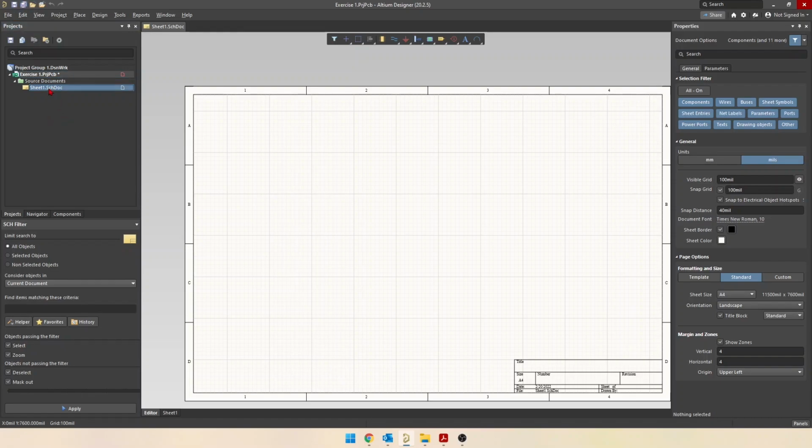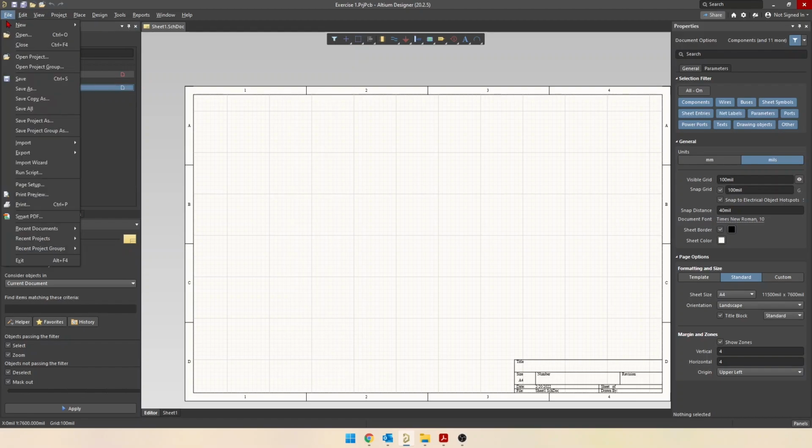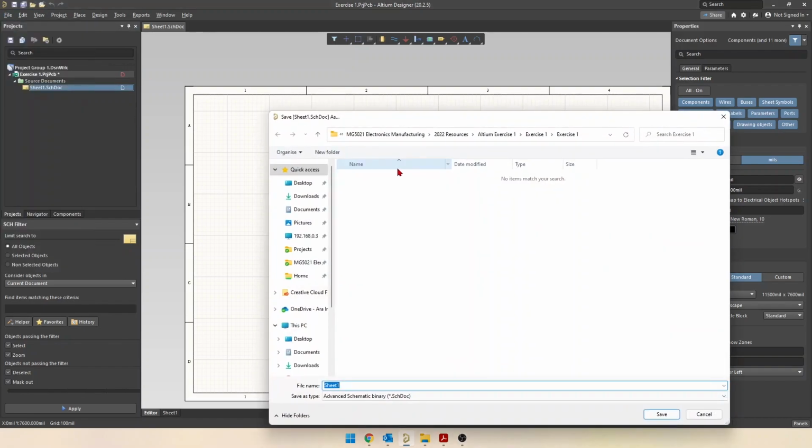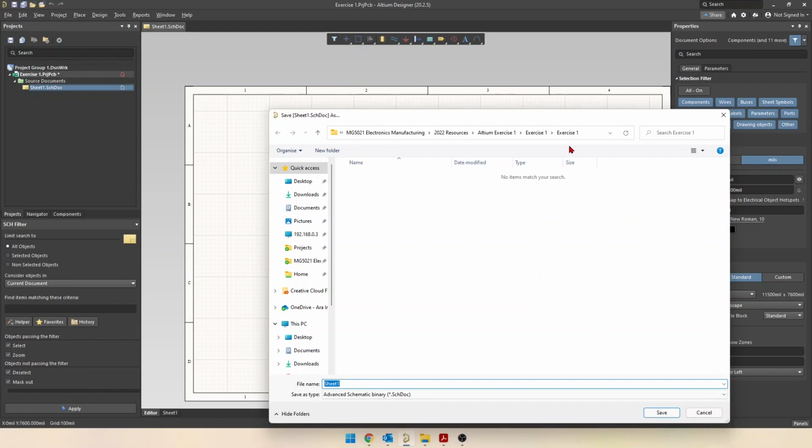So we're going to click on the schematic here. I'm going to go File, Save. And now we're in our exercise 1 folder, and we're going to give the schematic document file a name. Exercise 1, and it's going to automatically have a .SchDoc file type, or schematic document. Click Save,